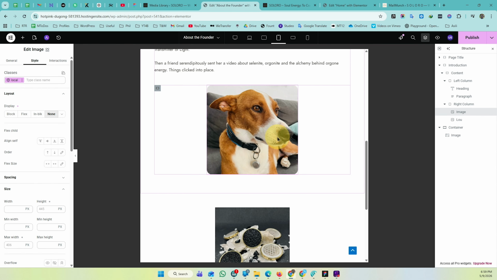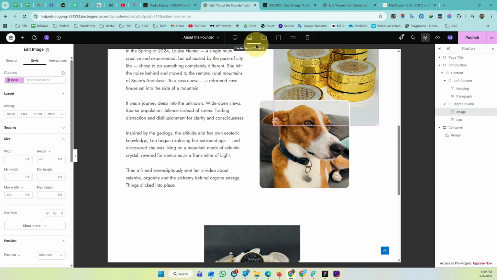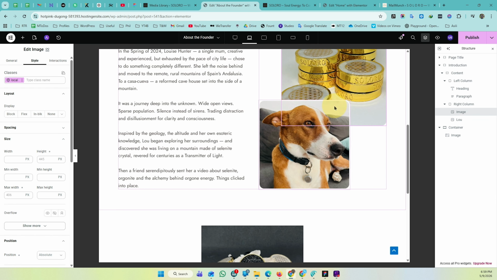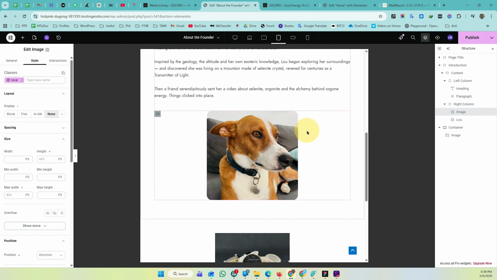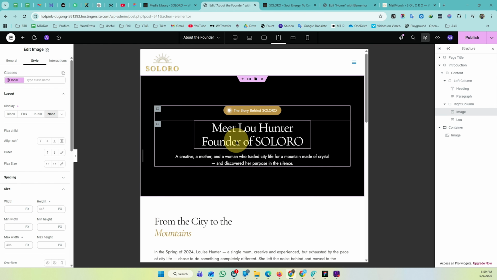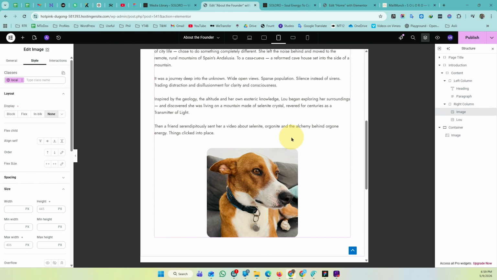You can see the widget has now disappeared from the specific breakpoint, and if you switch back to the higher breakpoints, you can see that it is still there. The widget is only hidden on the tablet breakpoint because that is the breakpoint where we set it to none. So instead of a separate responsive tab, the way Elementor V4 works is you go to the specific breakpoint and then set the display to none directly in the layout setting. Simple once you know where to look.